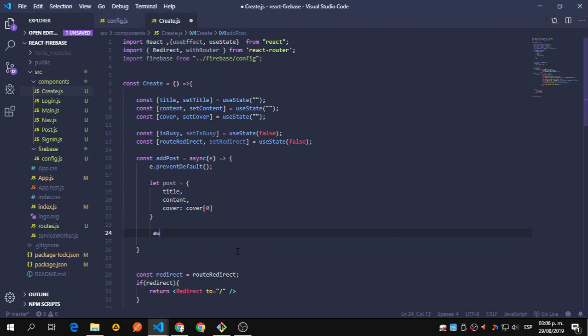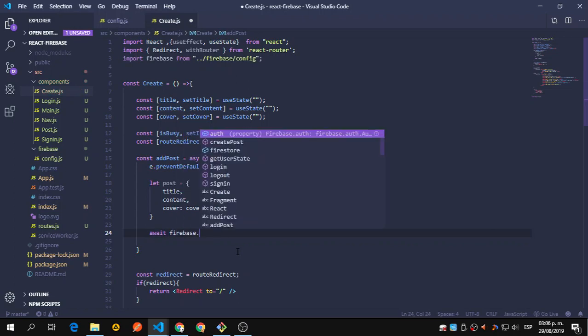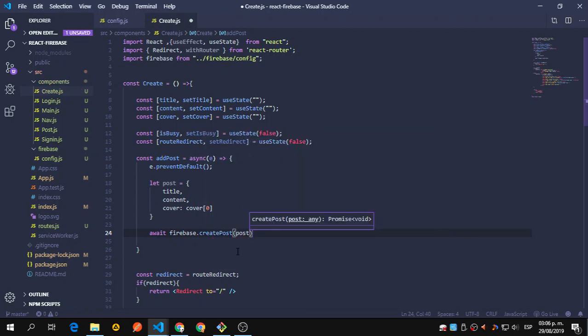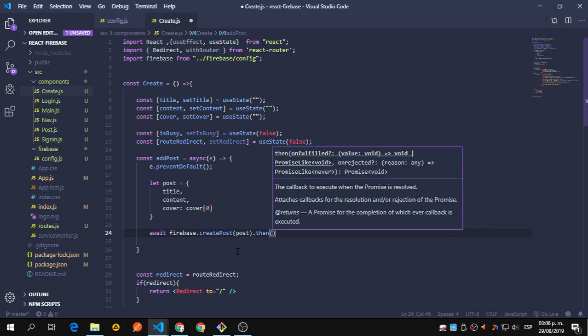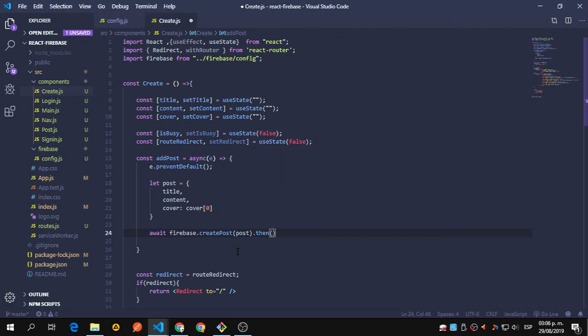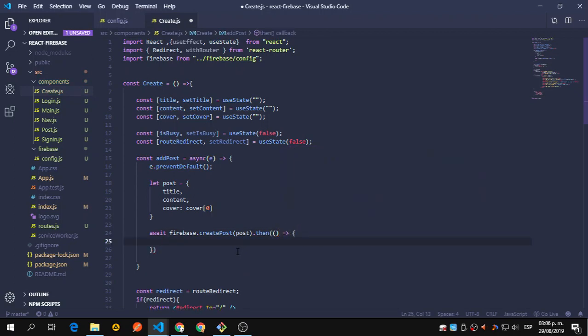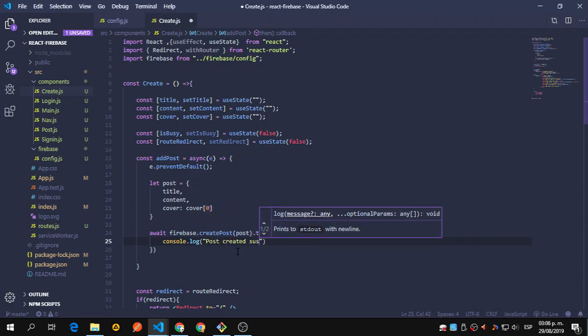So we're going to say this await, although we should be able to do it with the post, inside should be a promise, but let's say Firebase create post using post that then. Okay, we can use then here. We're going to just console something in this case, but we should receive the post also, but we're going to console.log post created successfully,